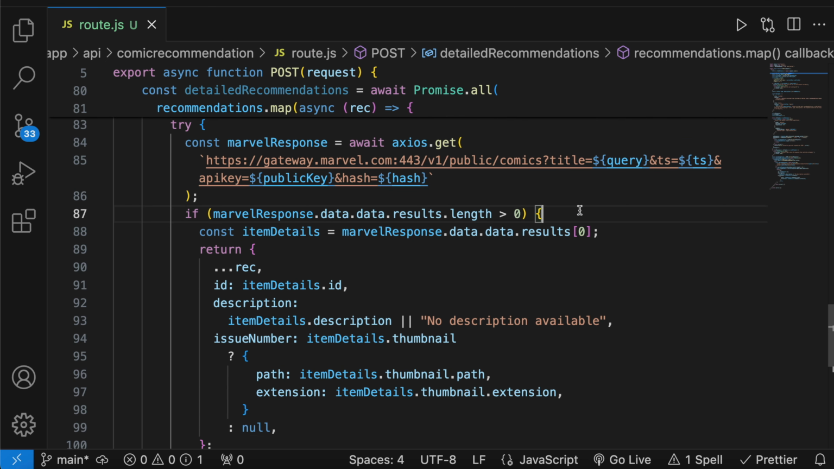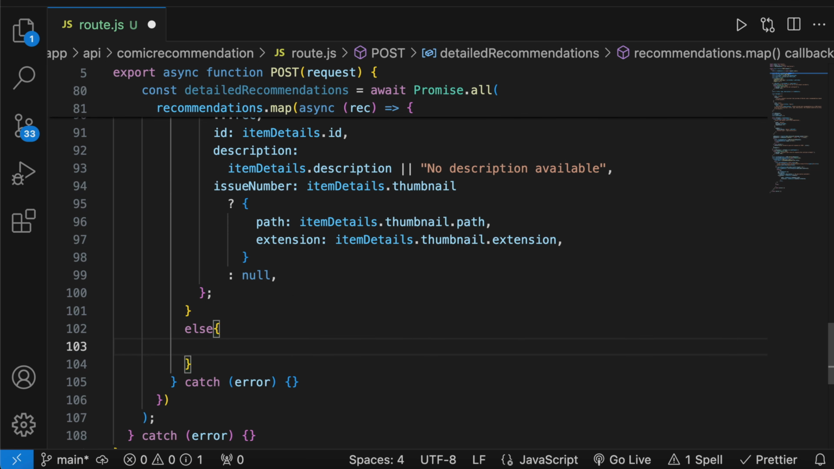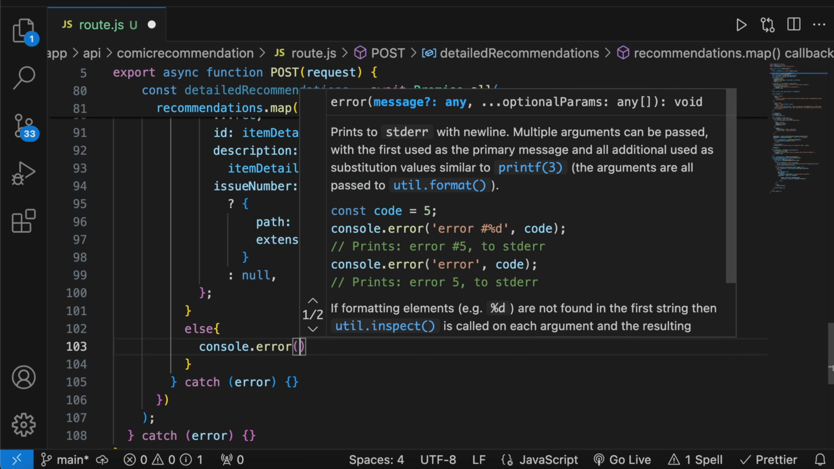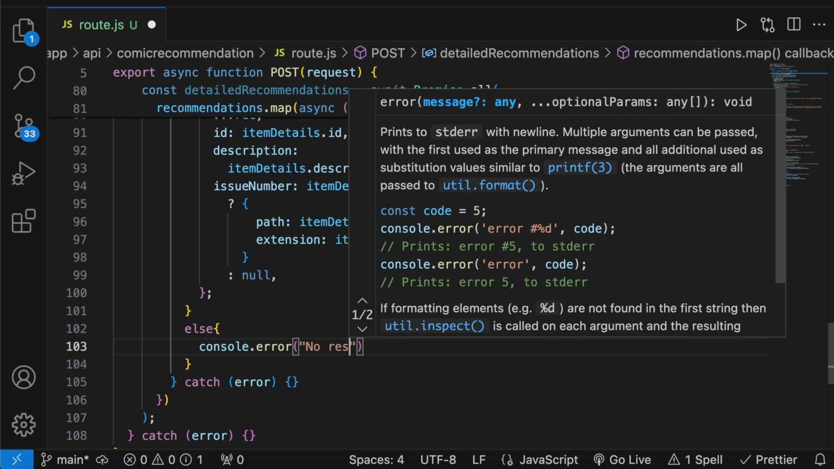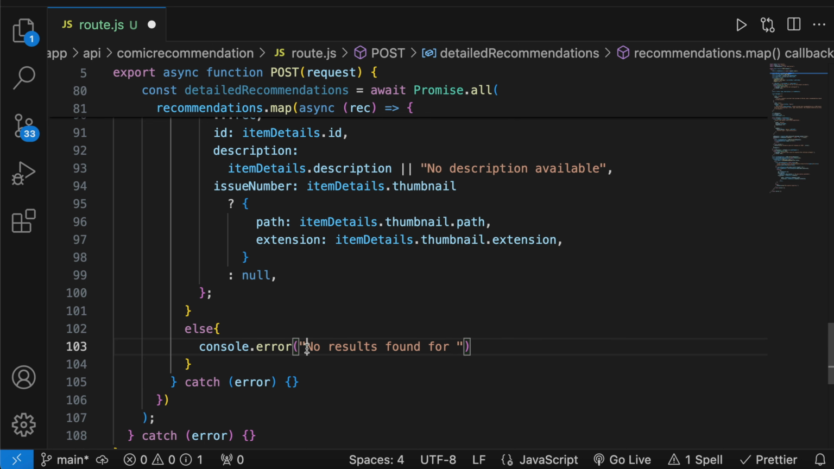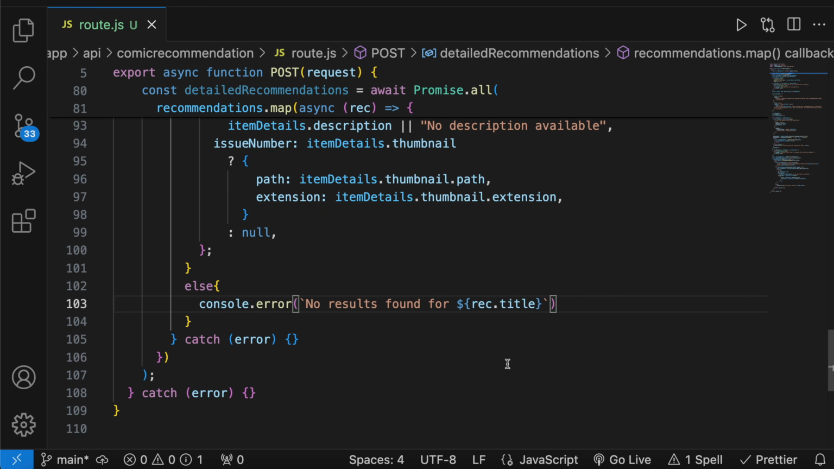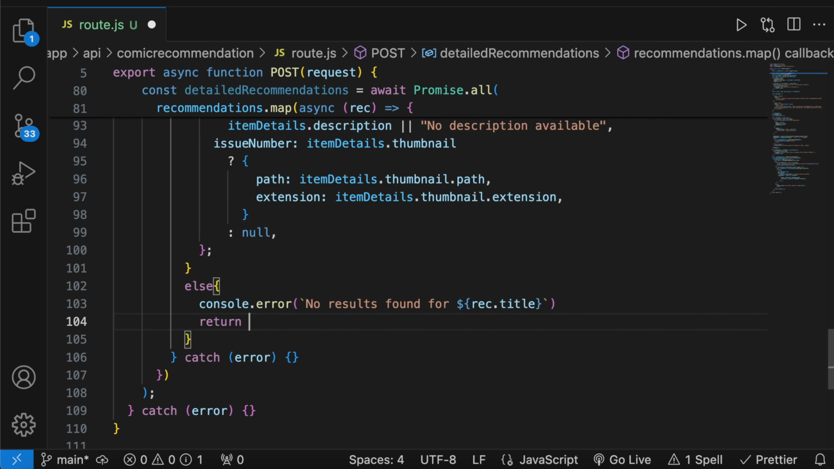So we can then say else console.error no results found for, let's use backticks here, rec.title. Awesome. And then we want to return